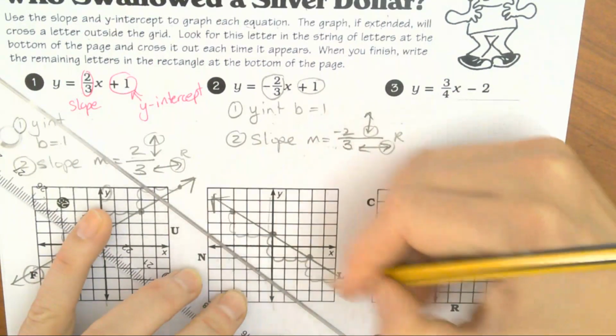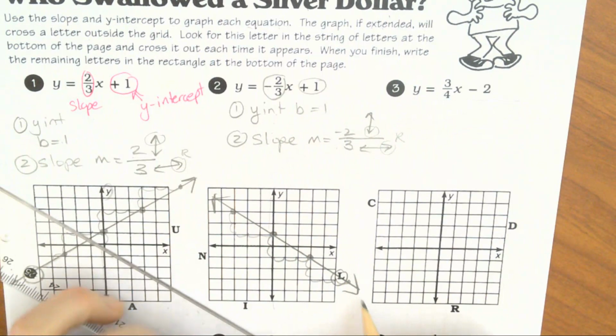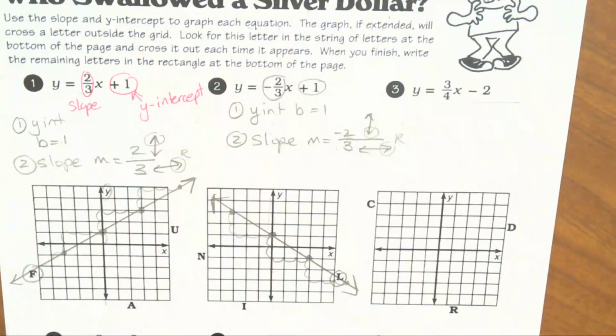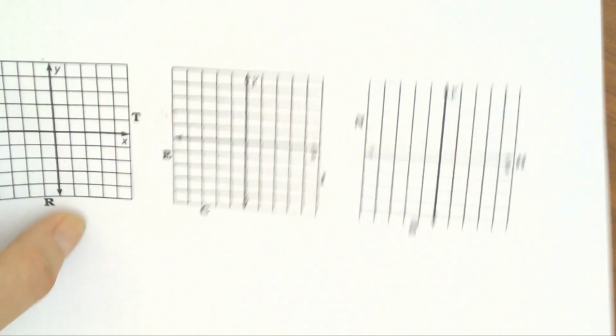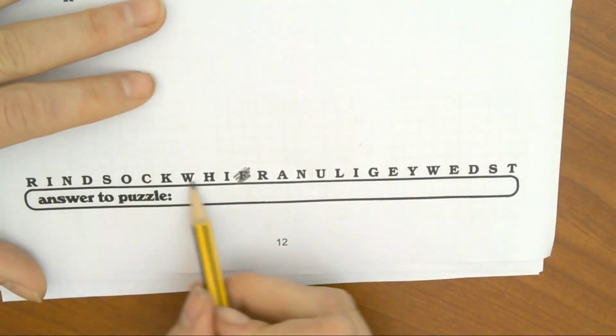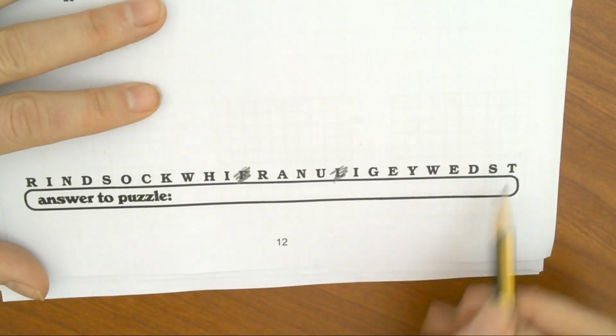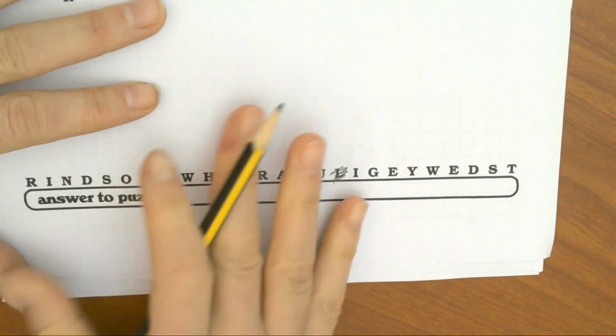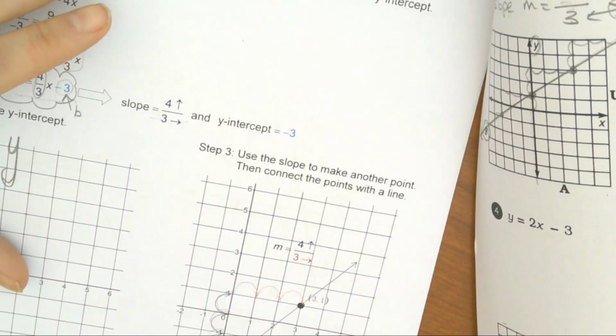And see how it goes through the L? I have to cross out all the L's on the back of the page. L. There's only one L. Okay. Let's do